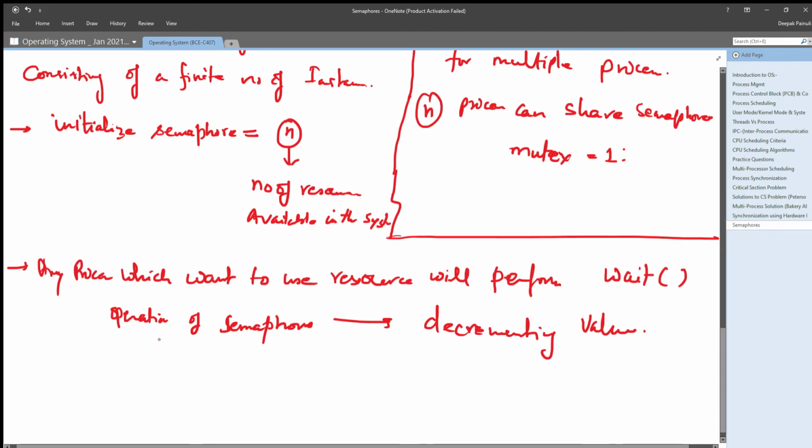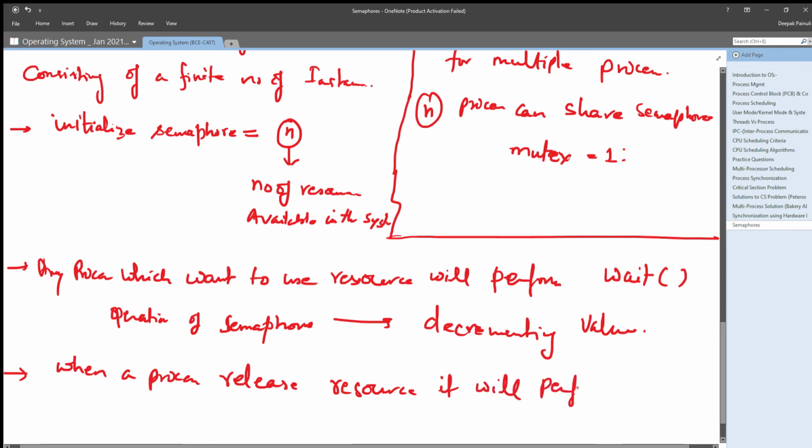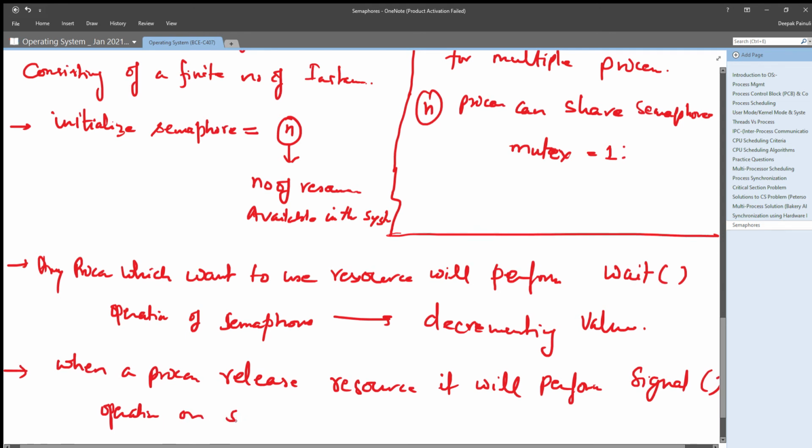And the next rule: when a process releases the resource, it will perform a signal operation on the semaphore.